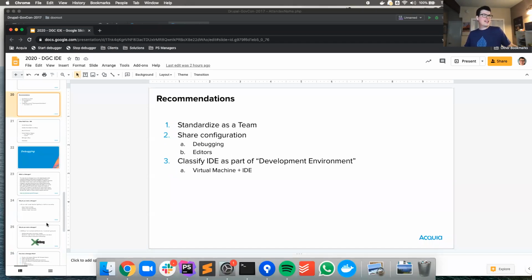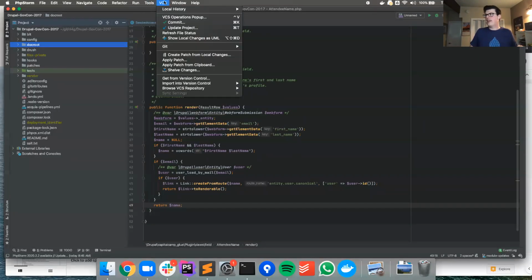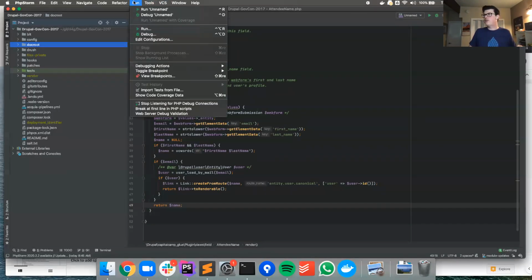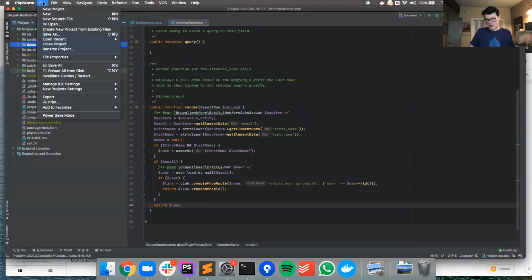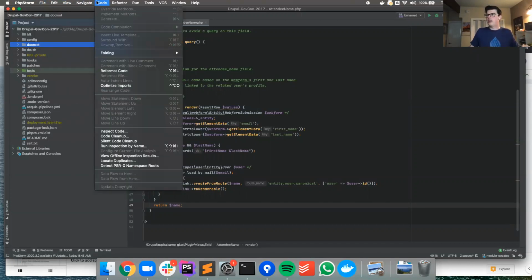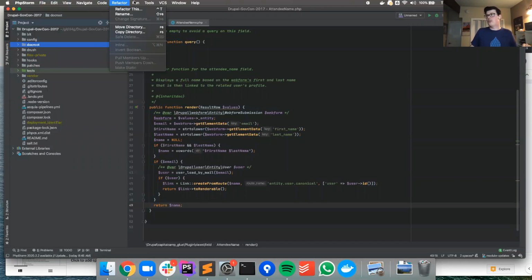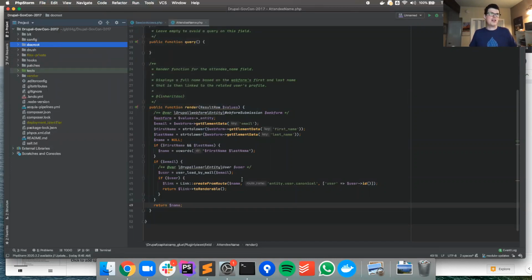Quick question from Max. Are there ways to incorporate or connect to files on remote Linux VMs that I only have SSH CLI access to with a local IDE program? I think there is a way to do that, yes. I've not used my IDE to do it, so I don't know off the top of my head how to do that, but I'm pretty sure that is a thing you can do. Whether or not you can do that with PHP Storm, I'm not sure, but I think that is something you can do.